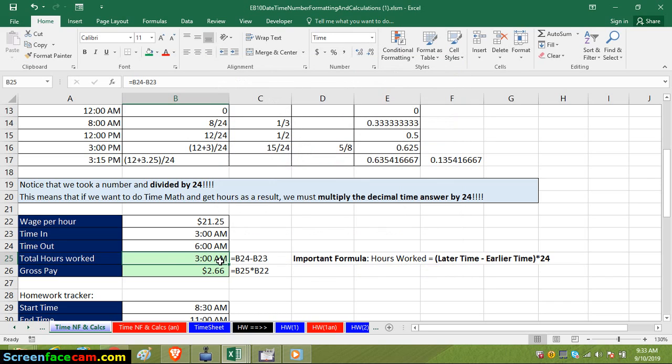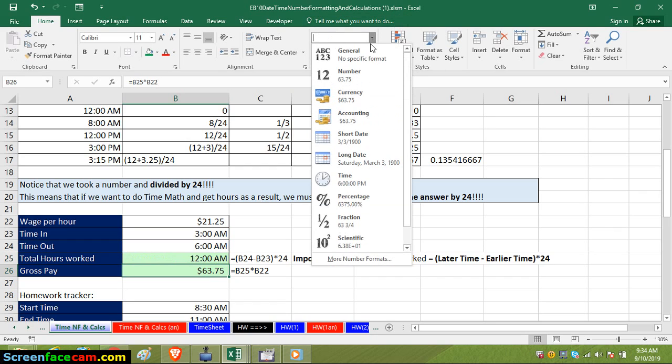When I change this to time, because it is doing the calculation out of the proportion of 24 hours, I would want to multiply it also with another 24 hours. So I would multiply this by 24 hours so that I get the right time. Right now it's showing me 12 hours, but if I shift this to the general format,